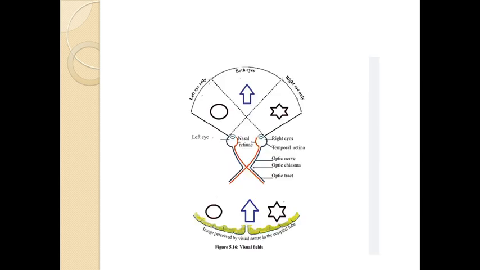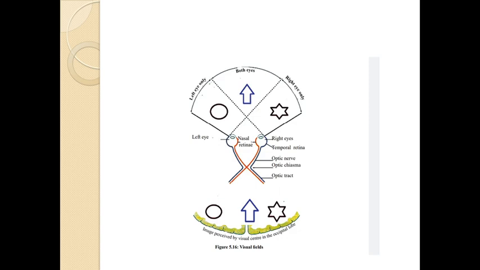So here we can see that the left eye carries more of the left visual fields, the right eye carries more of the right visual fields, and in the middle there is an overlapping. But when we consider the occipital lobe of the brain, the right portion of the occipital lobe receives images from the left field of view, whereas the left portion of the occipital lobe receives visual fields from the right visual field. The reason is the optic nerves, the two optic nerves of the left eye and the right